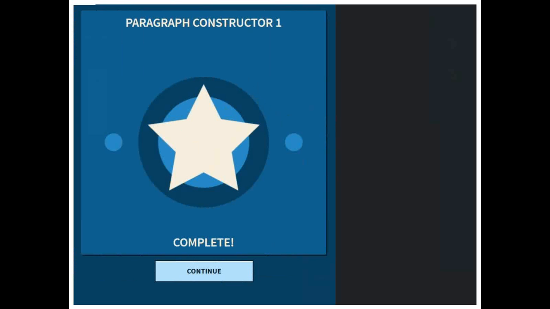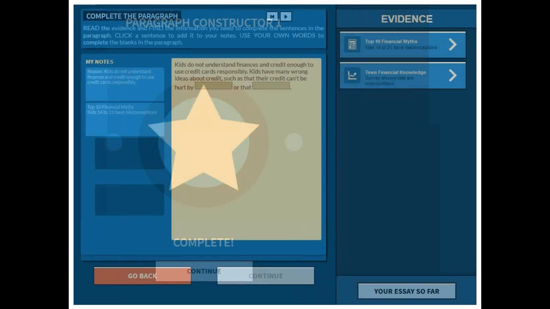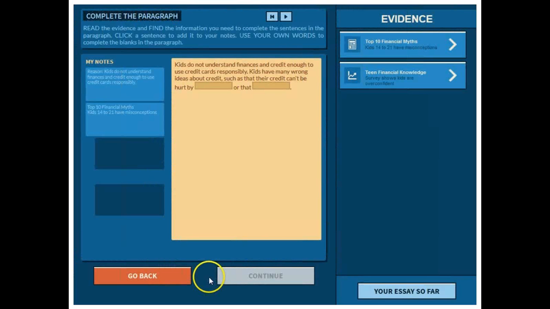So you go through the paragraph constructor 3 times. Now you're looking at the middle level of scaffolding. The paragraph is pre-written, but this time it contains several blank areas that you must complete in your own words. You must read the evidence and find the information that will help you complete the paragraph correctly. We call this the paraphrase level because you need to paraphrase the ideas in the evidence in order to complete